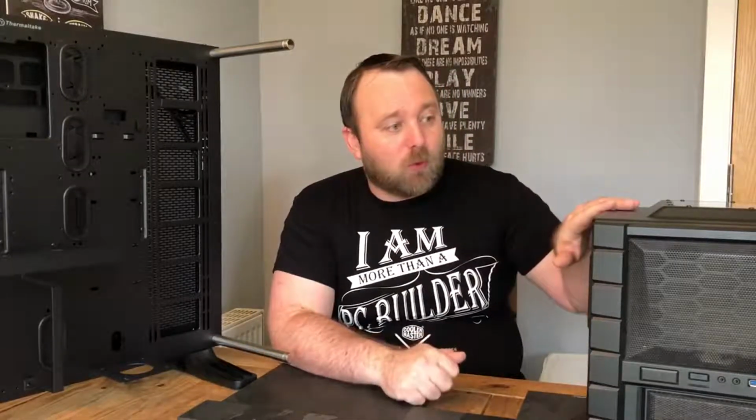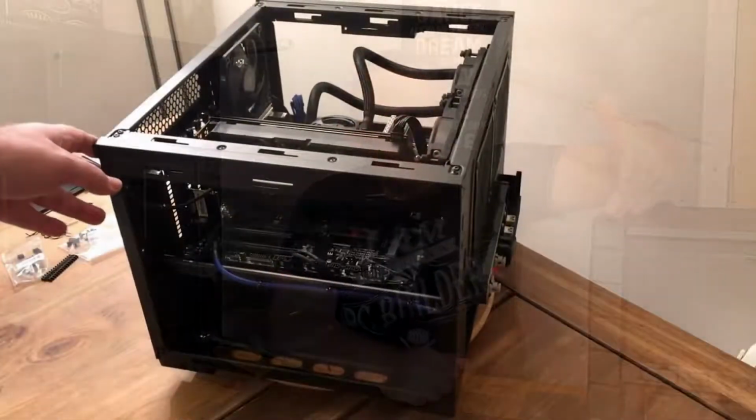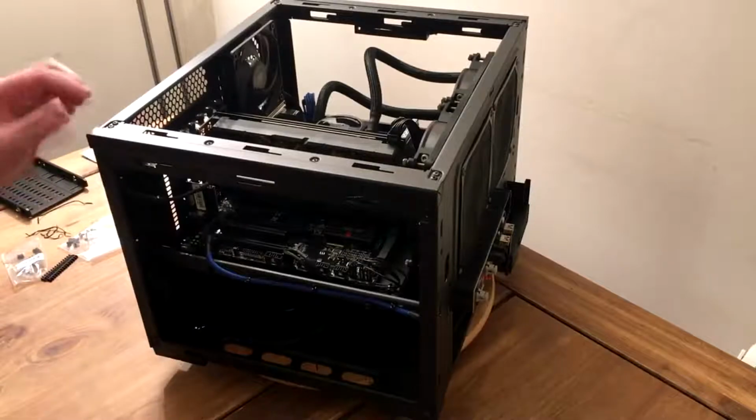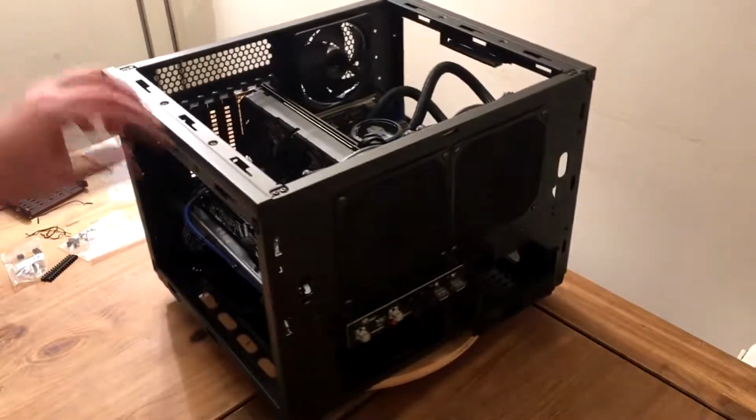If, on the other hand, you've got some custom components, or not to say custom, but a little bit more or less mainstream, for example water cooling, then you're going to have to be quite methodical about which case you get. For example, this one can fit up to a 280mm radiator in the front of it, so it met my needs perfectly. Plenty of hard drive